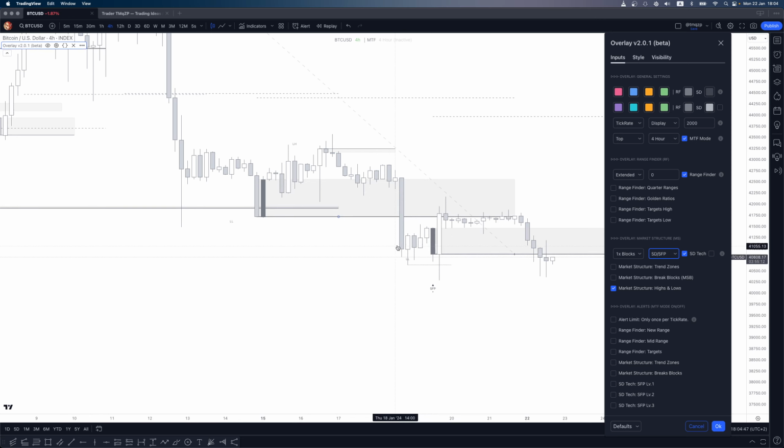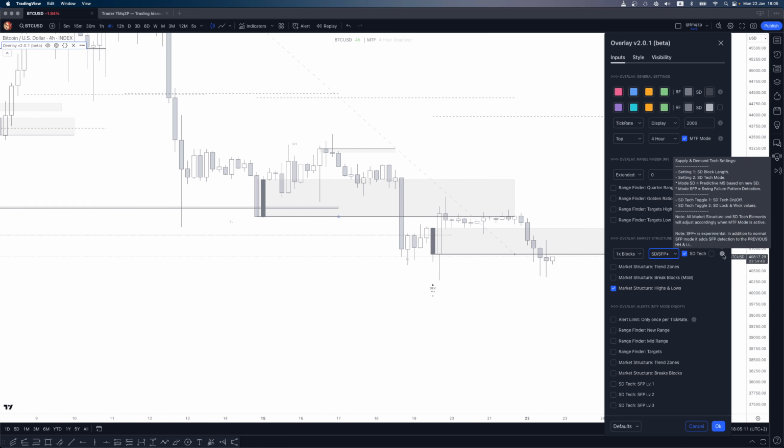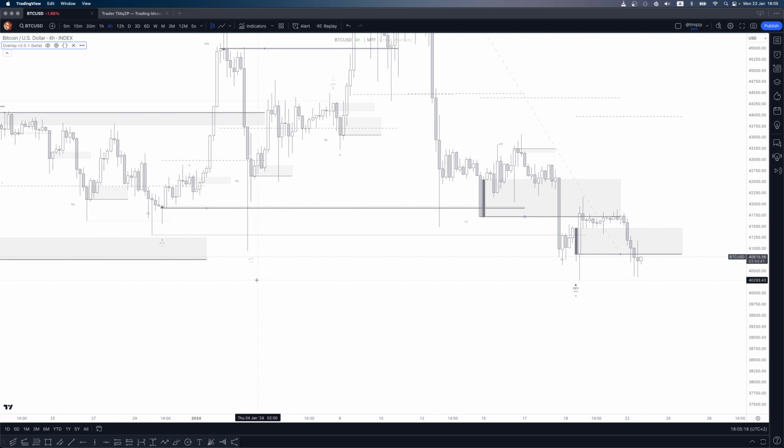So that means of the local SD block, the previous one that came before it, it's this wick here. I don't know why the block is not painting. It should be painting, but anyway. Yeah, and it's an SFP, right? The wick below and then continues higher. But if you turn on SFP plus, it will actually turn it into a level 3 deviation with engulfing character, and it has a tiny little plus on top of the 3 stars. And what does it mean? If we read this, remember, it says adds detection to the previous higher high and lower low. So now it's not only tracking